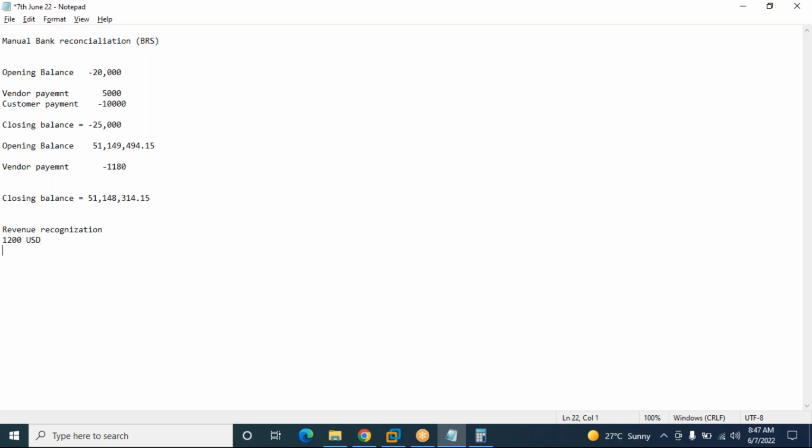Now the warranty is $120. If you are in India, this $120 is worth, suppose, 5,000 rupees. You need to pay